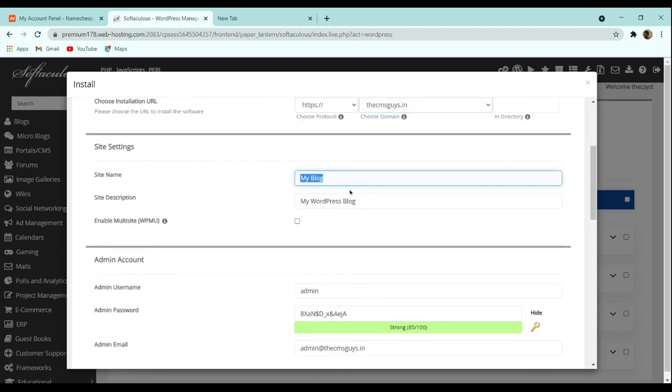The site name is basically our site title, so let me give it the name CMS Guys. After that, in the description I will give our company tagline, which is spreading the knowledge. So let me give it.